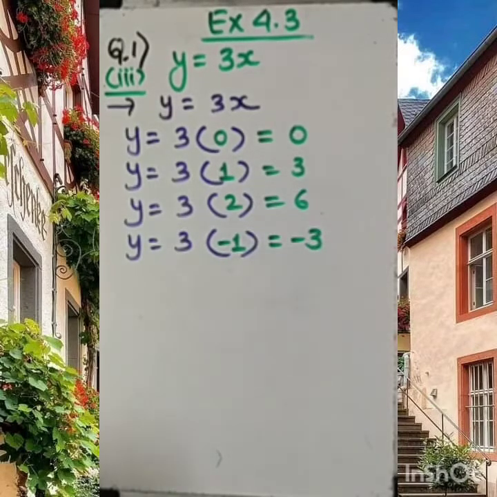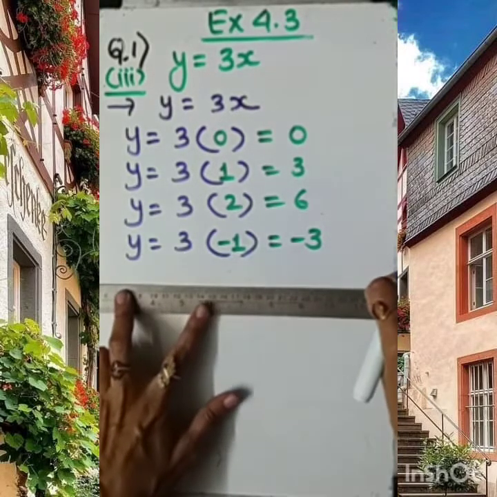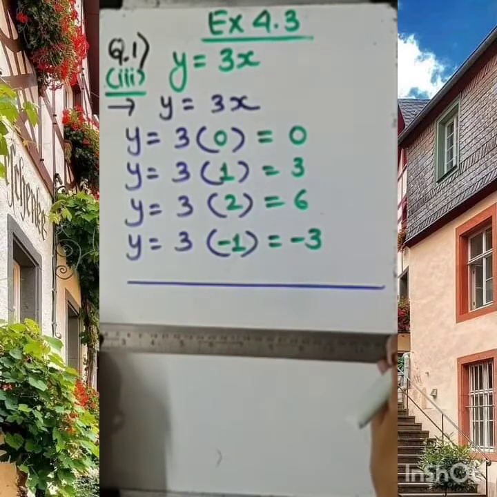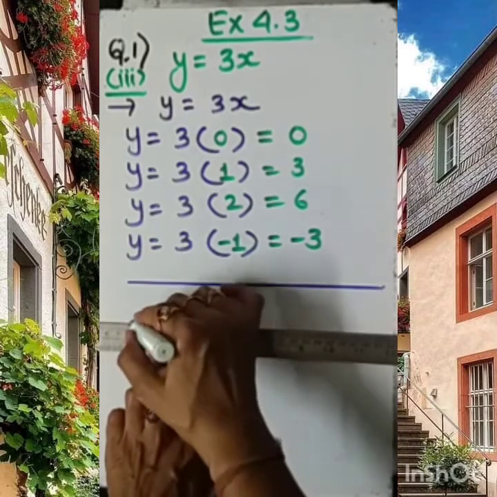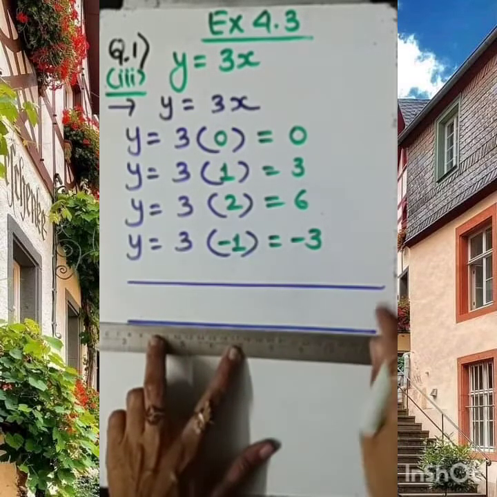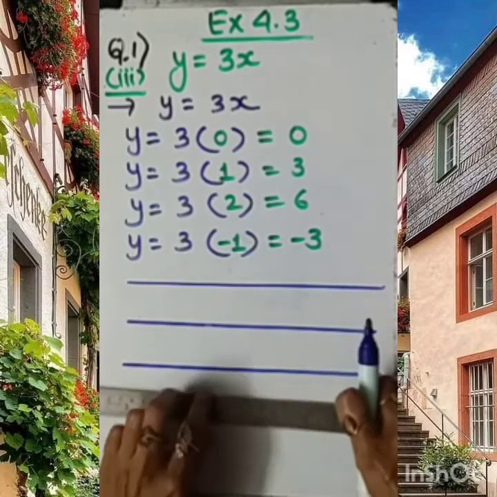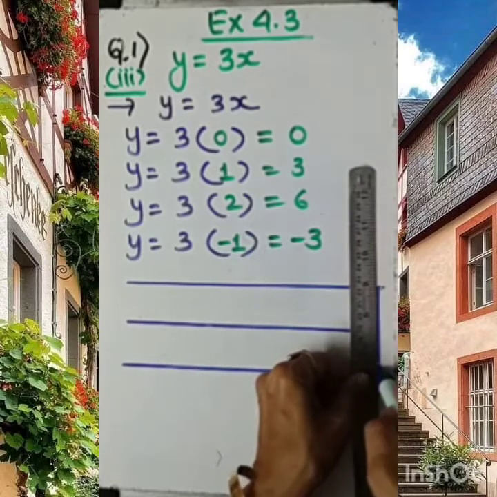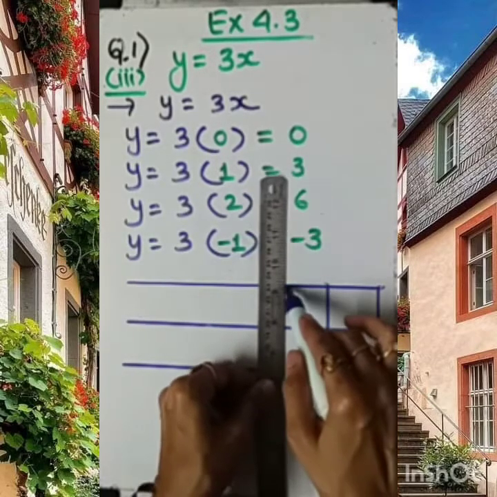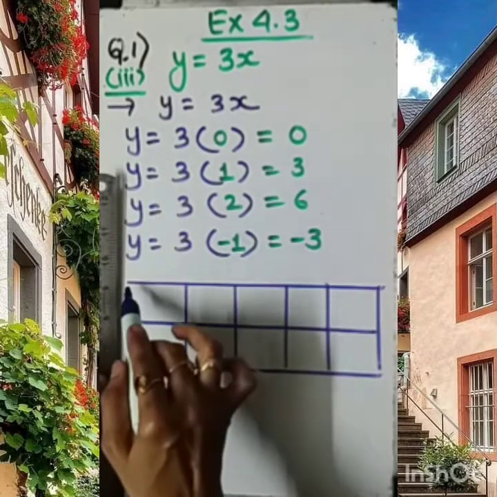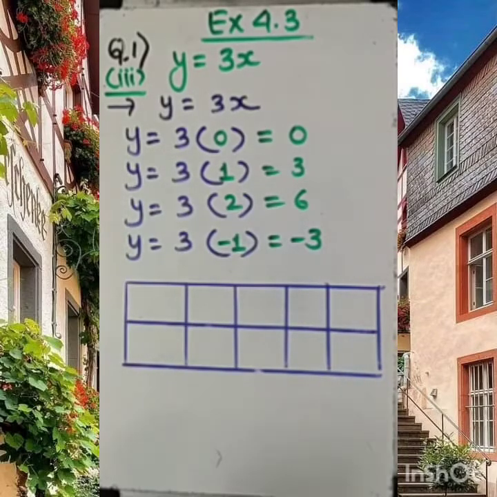So dear student, now we need to locate these points on a graph paper. We have to show these points in a tabular form. So here you can see on your screen how to draw the table. Immediately after finding the values for x and y, we need to present them in a tabular form. It is very good to present this way because whatever point we are going to locate, it will be crystal clear in our mind which point we have to locate.